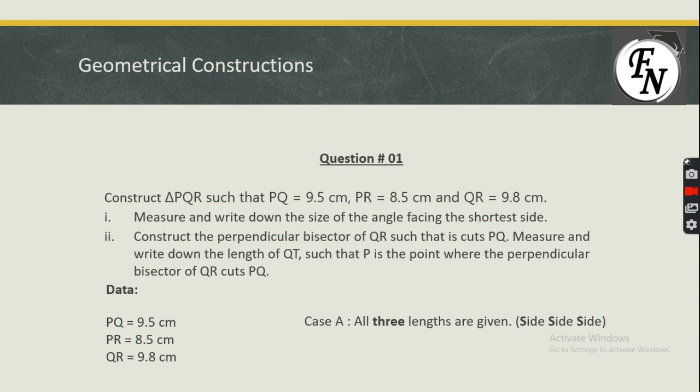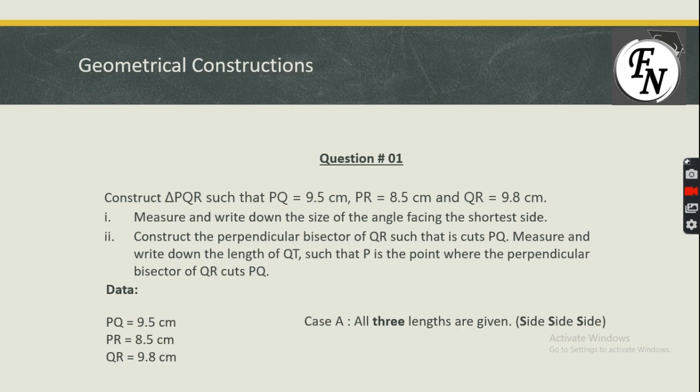So we need to construct this triangle first, then we need to solve the parts, and we need to measure the quantities that are asked by the examiner, that is measure and write down the size of the angle facing the shortest side. So we will get to this concept, what this statement means, when we will be drawing our triangle. And after that we will go to part 2, where we will be constructing the perpendicular bisector of a line QR, and we will extend that line to cut PQ,